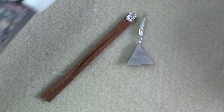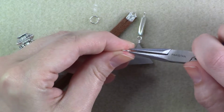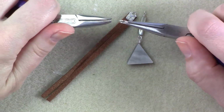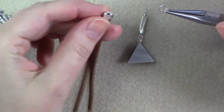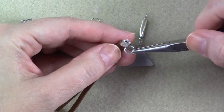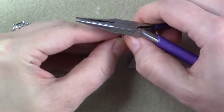Okay. And now we're ready to attach everything to our suede lace. We're going to need 2 jump rings to do that. So we're going to open up the first jump ring, and I'm going to bring in another pair of pliers. I like to use 2 pairs of pliers to open my jump rings instead of my fingernail. Okay, so I'm going to thread this on. You can see this cord end has a nice little loop at the top, which is perfect. We're going to thread on one of our 6mm jump rings,